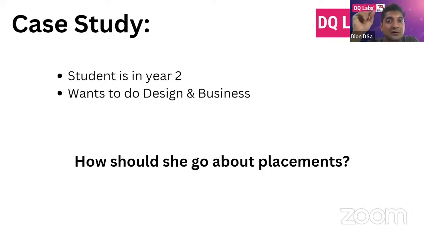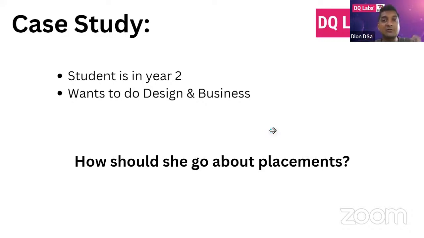Now, if you go to Accenture Song and you go to the careers page, you'll find various career opportunities there. So what I suggested to them is look for a career opportunity that is interesting to them, that combines design and business. And they have a lot of those, right? Take that description and run a Google search. You will find other consulting companies that do the same thing. Create a list of 10, 15, 20 different companies and then reach out. Reach out to your parents, right? Your parents may be able to build a connect. If they don't have one already, they will find someone on LinkedIn. And that's what all of you should do.